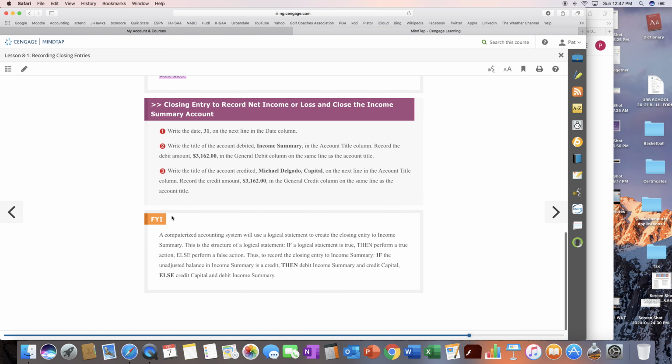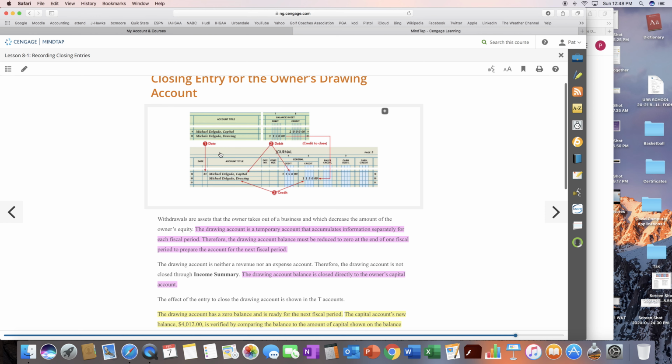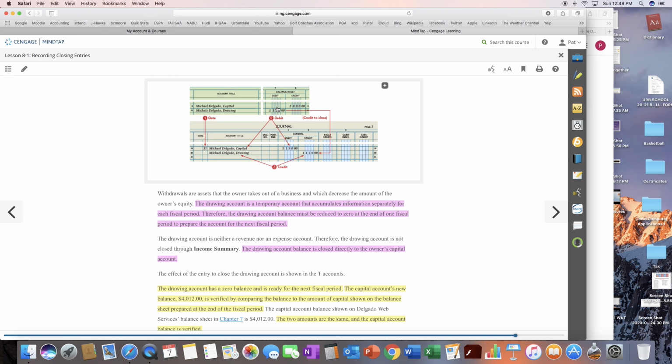I guess you can go down here too and kind of see what we're talking about with those steps, but not bad. The fourth closing entry. First one, we closed sales in the income summary. Second one, we closed expenses in the income summary. The third one, we closed net income or net loss, which closes income summary, into the capital account. And our last closing entry is to get rid of drawing. Drawing is a temporary account that has a debit balance. So when we close drawing, which you see in the balance sheet part as 1,150, we drew out that much money,